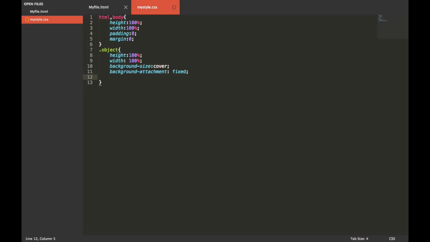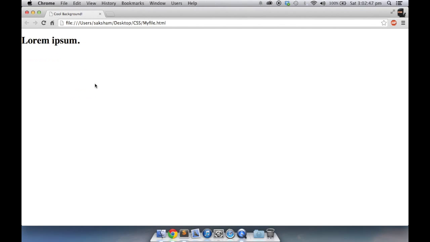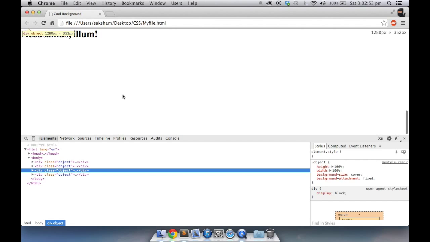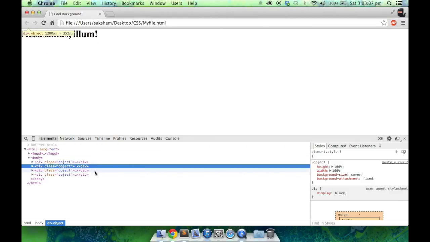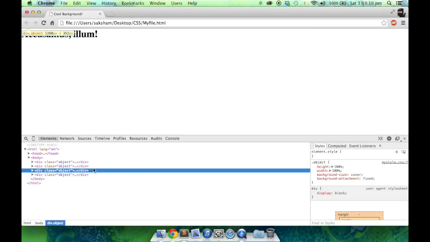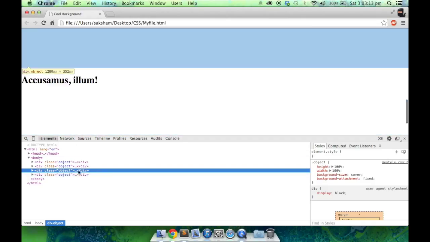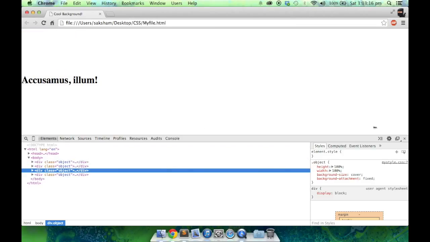And let's get some default background color of white. Actually, that's not needed. I'm such a noob. Okay, so here we have our divs. All of them are 100% height and width, as you can see here. Hey, wait just a second. As you can see here, the fourth one has 100% of height and width, and the third one has 100% of height and width, as you can see. So yeah,